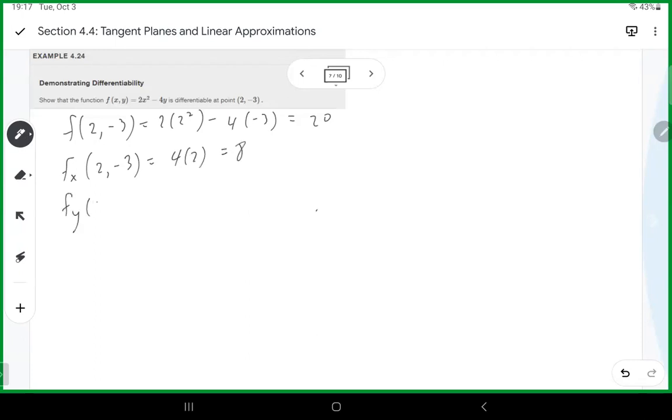And from the y, you would just have -4. Okay, so that means that our first slope is 8 and our second slope is -4. So what do we do with that? We are going to f of xy